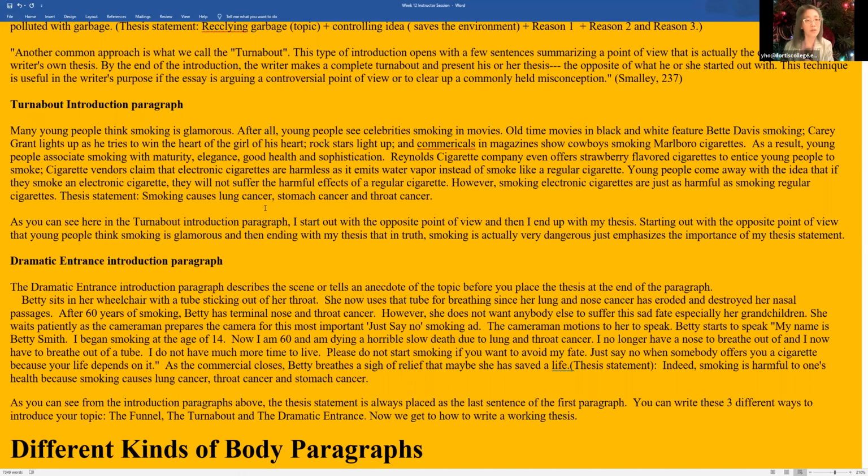You would write, some people think dogs, cats are great pets. Some people think that cats are great. You write all these examples of why cats are great pets, but in reality, I prefer dogs over cats because something like that. So you could still use the turnabout for your comparison contrast essay. All it does is it emphasizes your thesis statement.